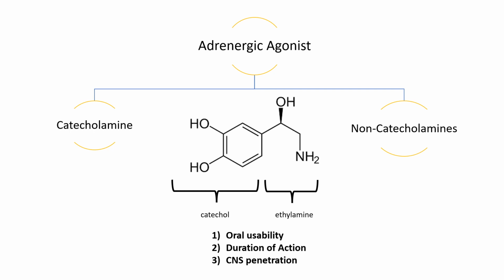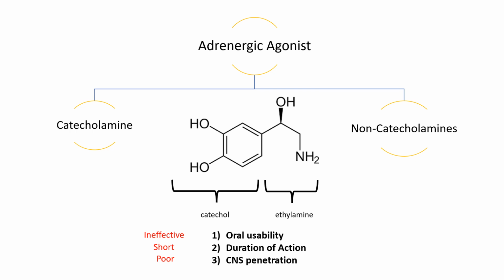Catecholamines are completely ineffective when given orally, as they are quickly metabolized by catechol-O-methyltransferase and monoamine oxidase enzymes in the gut, liver, central nervous system, and even inside the neurons. Furthermore, hydroxyl groups on the catechol portion make the whole molecule polar, which results in poor penetration into the central